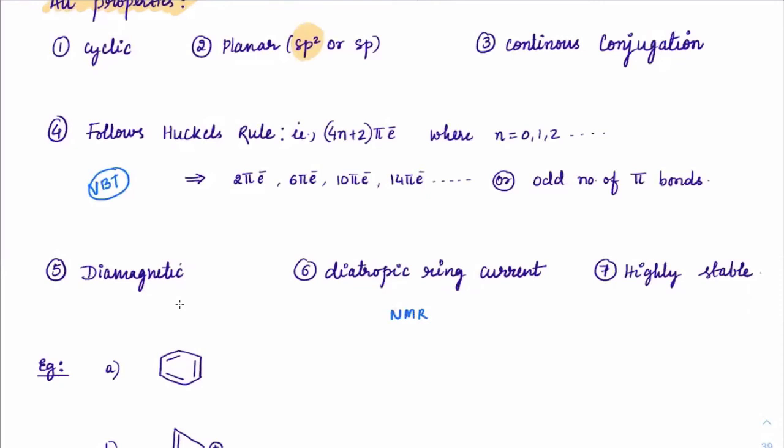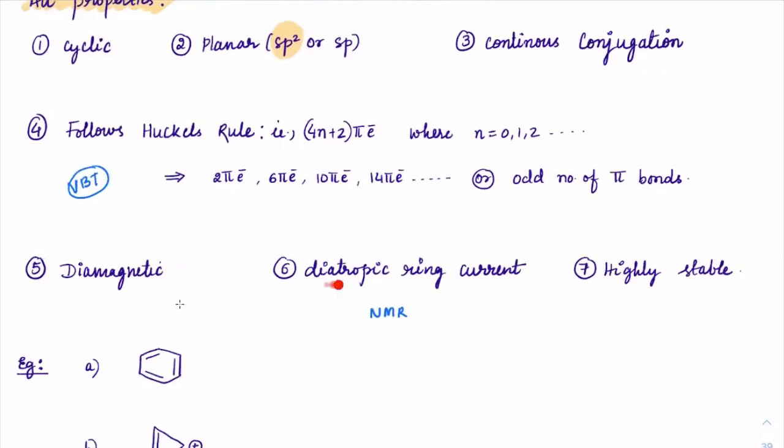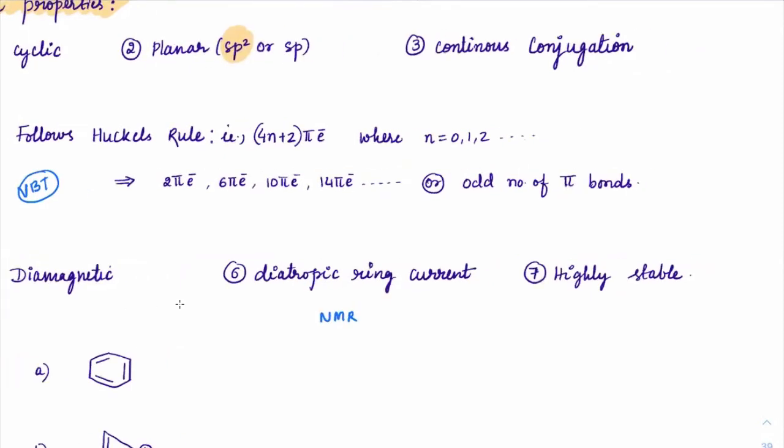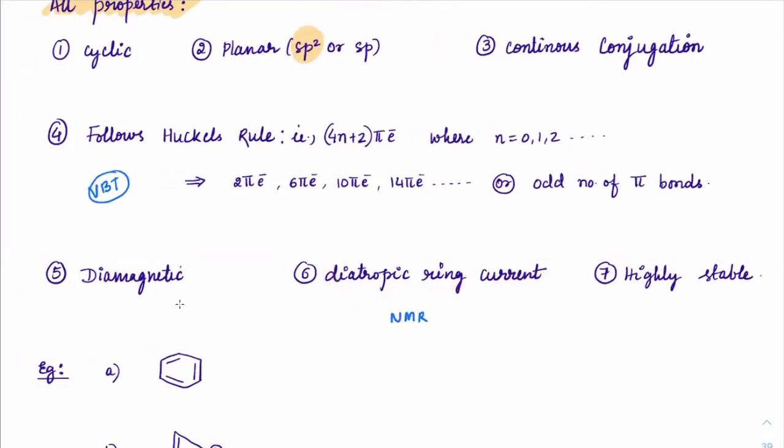Okay, where they are located, how they are located, what the bond is, whether it is a double bond, triple bond, whether there is resonance. All of this information can be fetched from NMR spectroscopy. Okay, so in NMR spectroscopy, the same diamagnetic molecule, we term it as diatropic ring current. Okay, everyone. So even if you see this term in the exam, it means the same thing as diamagnetic aromatic compounds.